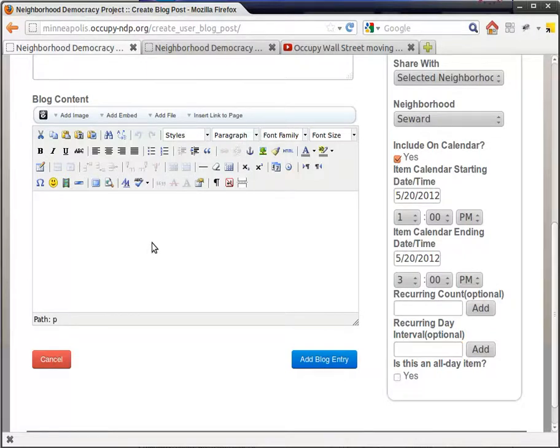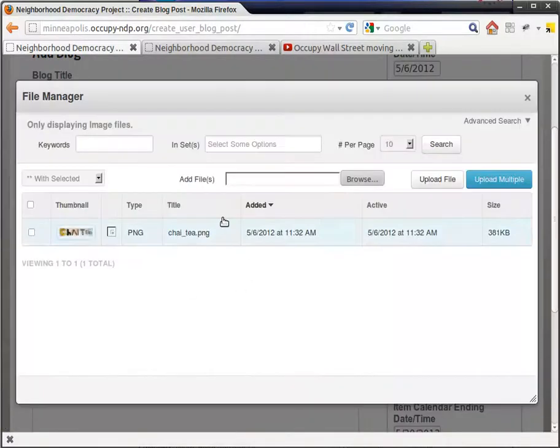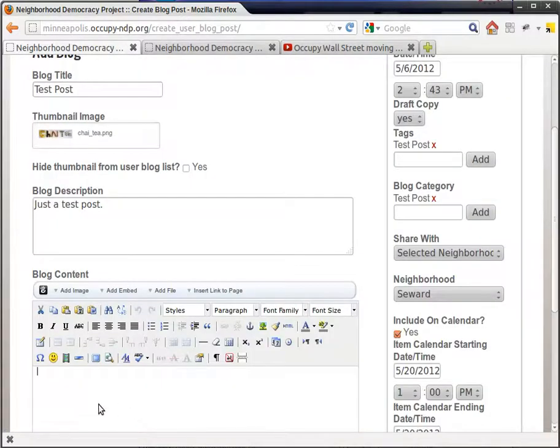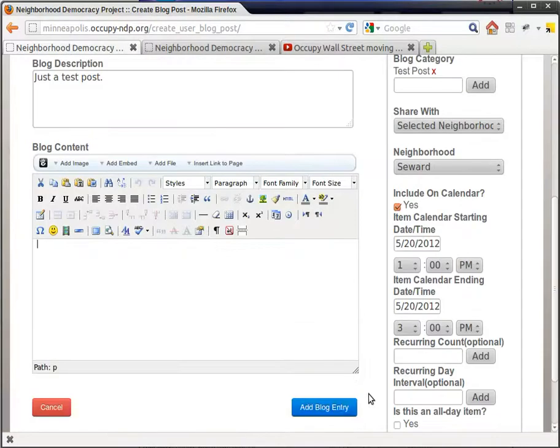This here is where you add your blog content, and there's one thing that you're going to notice that I did here that is kind of a bug, and there's not much that I can do about it 'cause it's just the way that the content management system works. But since I picked a thumbnail image, now when I choose an image for the text editor, the content doesn't show up anymore. To get past this, you can save it as a draft, hit add blog entry,